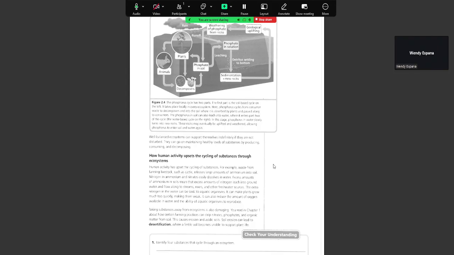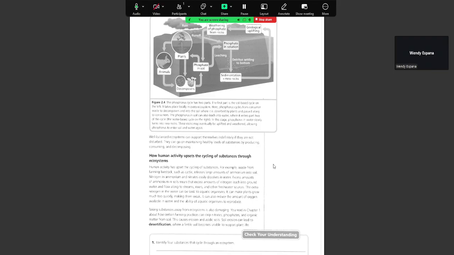So, if you look at the top of page 31, figure 2.4, you'll see there is the phosphorus cycle. You'll see there's plants and animals being decomposed and turned into phosphate. And then phosphate is in the soil and gets absorbed by plants. Animals eat the plants, they decompose, turn back into phosphate in the soil. And then you'll see off to the other side of it, you'll see that